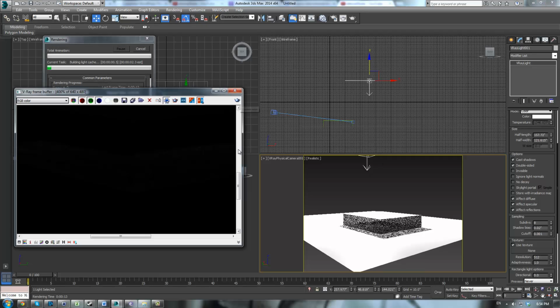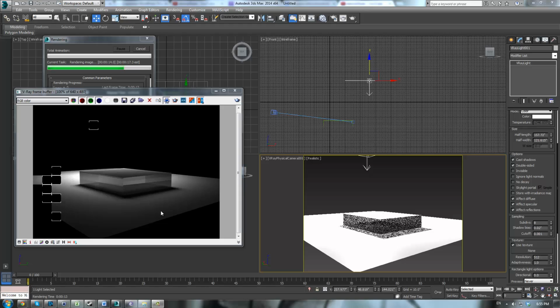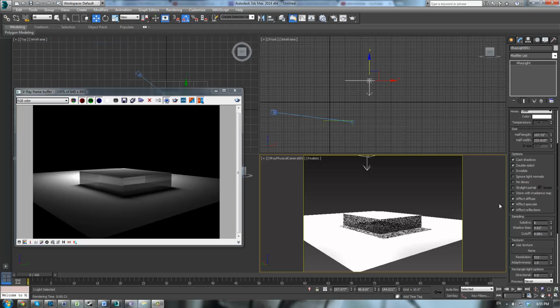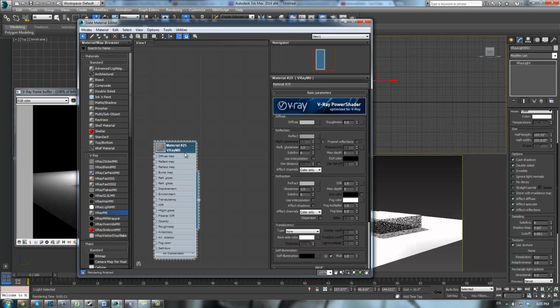So now let's render this again. And let it do its thing. Okay, so here we go. We have our little box with a couple reflections and some refractions. Not very good, but hey, it does the job. And now if we uncheck this specular option, let's go back into our materials window here and give this a bit of glossiness. So you can come here and change the glossiness of both these so you get kind of a more